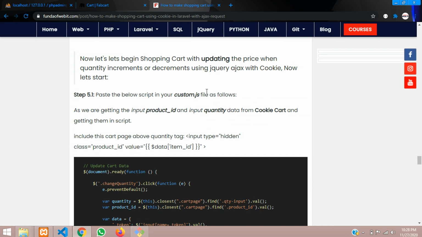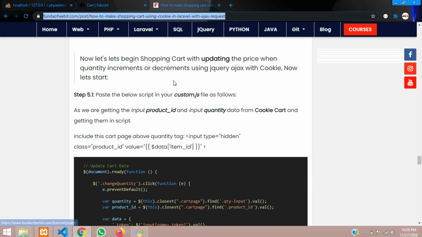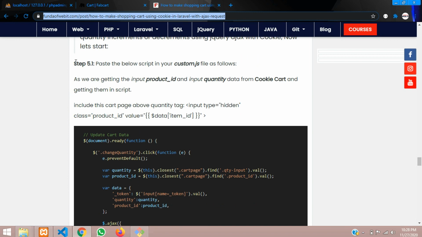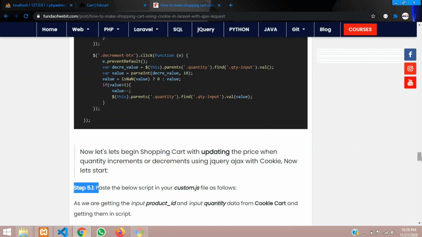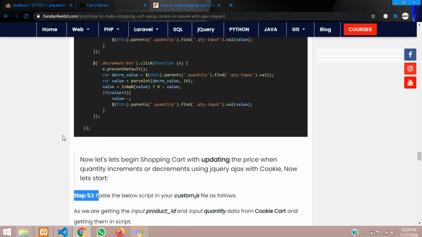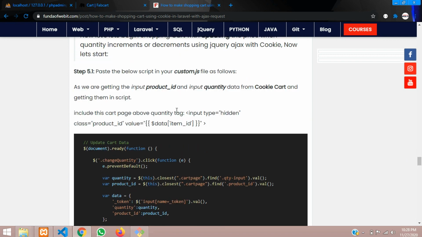I have already pasted this on my blog, and the link is provided in the description where you can follow along with step 5.1. Make sure you're at the right place: paste the below script in the custom.js file as follows.